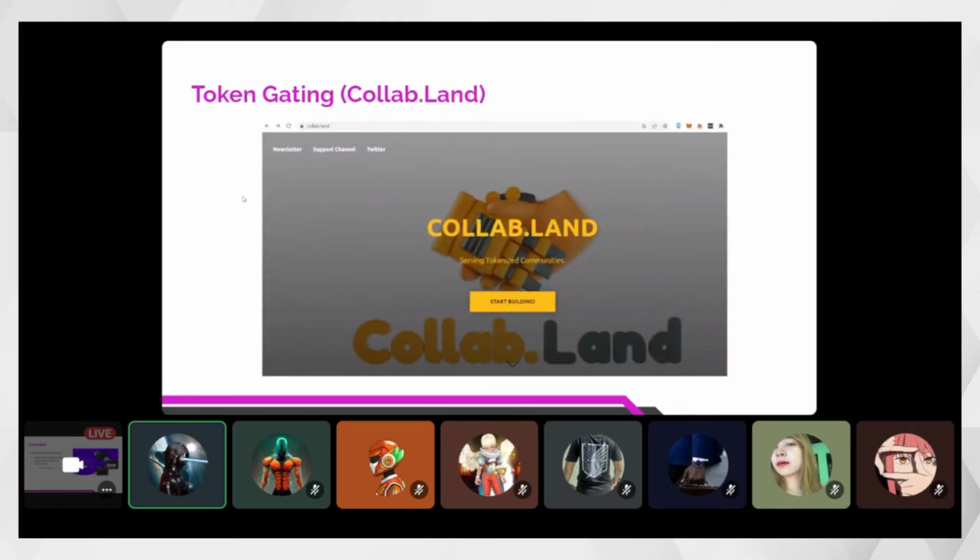Okay, so next, this is the most famous bot used for token gating. This is called Collabland. Okay, so with Collabland, you can check the wallets, the assets of the members if they own a certain or specific NFT before they will be given a role.